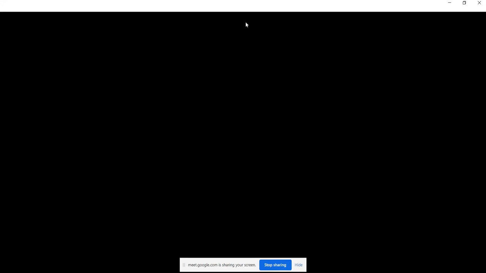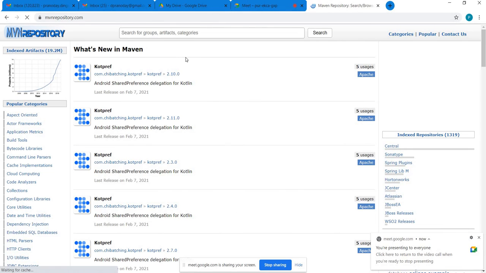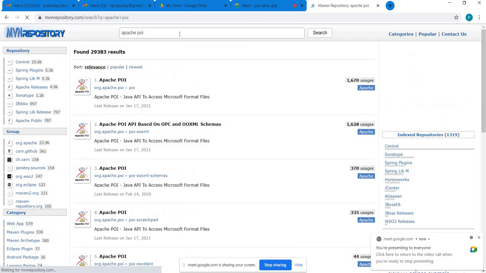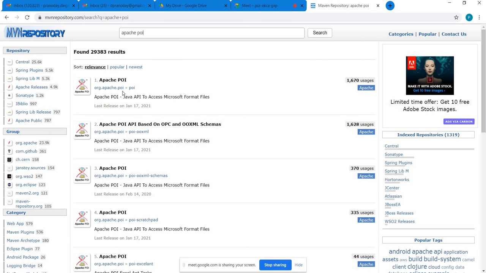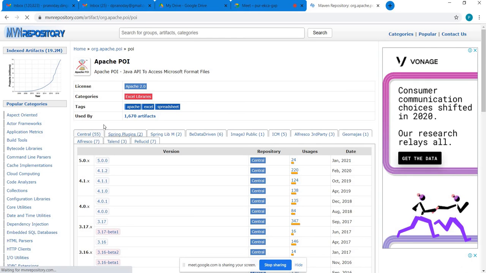So let's download the Apache POI library. Where to download it from? mvnrepository.com is the centralized artifact repository which Maven by default goes to, to download any required plugins and libraries, right? So here I can find any library I want to get using the Maven build tool. So you can see Apache POI. org.apache.poi is the group ID, the owner of the project, and POI is the name of the project, right? So now I want this library for the implementation of my application.